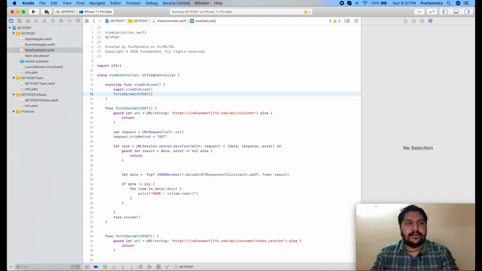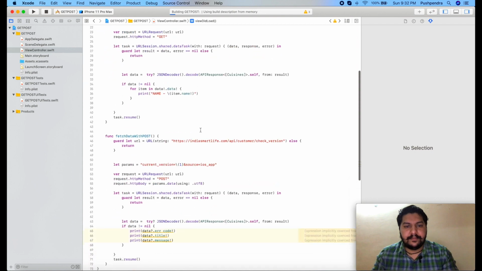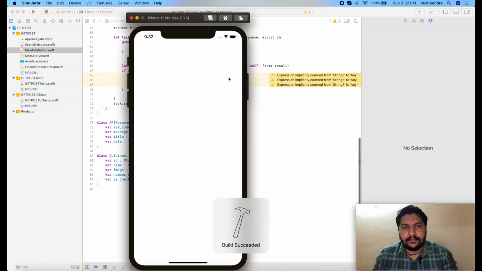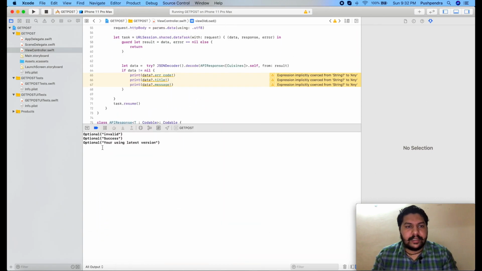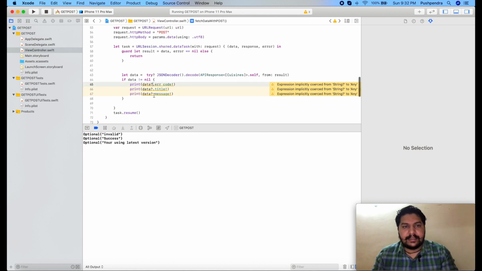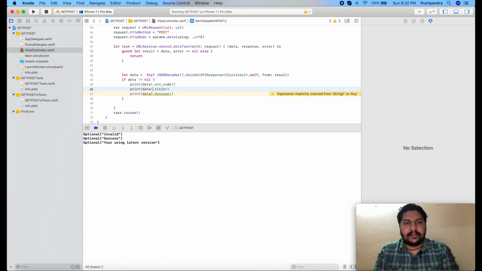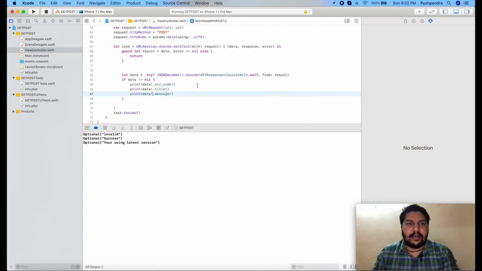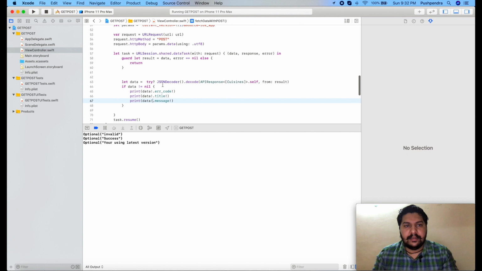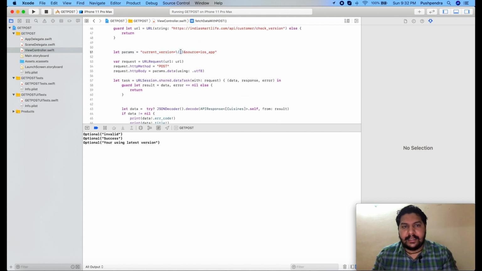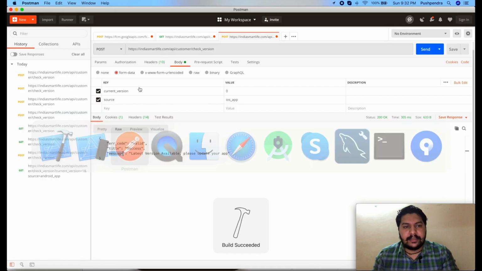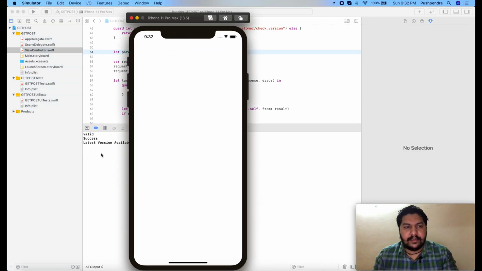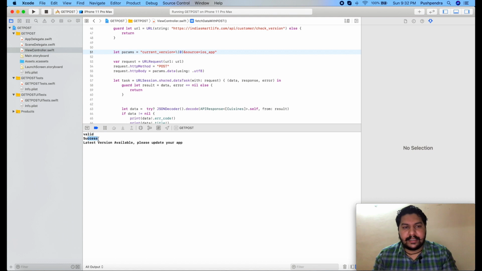Fine. Now we will see the output. So here you can see invalid success, you are using the latest version, and it says make it mandatory. Yes, now it will not return that warning. So if I send 0 here, then it must be equal to this one. So here you can see valid success, latest version available, please update your app.